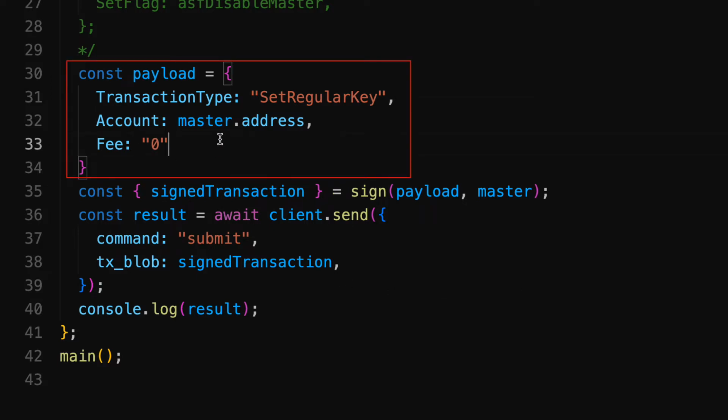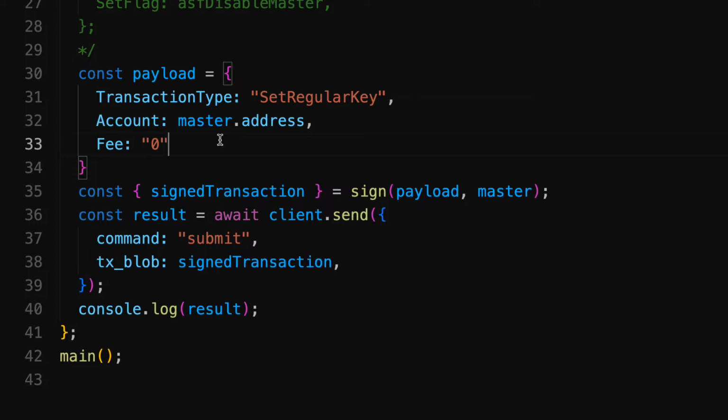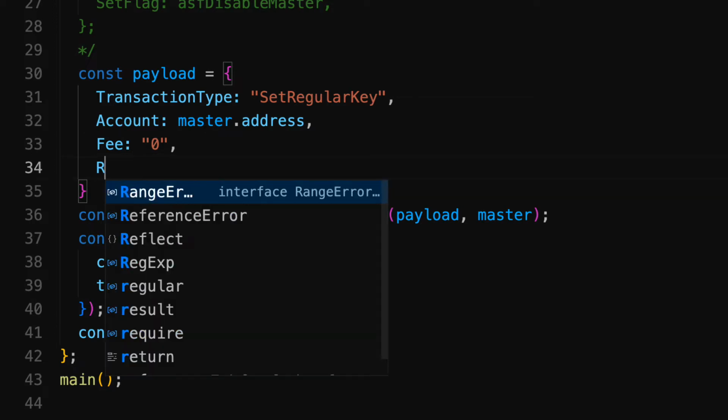But once this transaction is executed, the master account will have the password spent flag set on it automatically, and it gets removed when the master account receives some XRP payment. And one interesting thing to note here is this transaction will have more precedence over any other transactions in the ledger, even though the transaction fee is 0 here. Maybe because you are executing this transaction because your account got compromised, so this transaction executes before any other transactions in the ledger. So next, there is the regular key field, which takes the R address of the alternate account